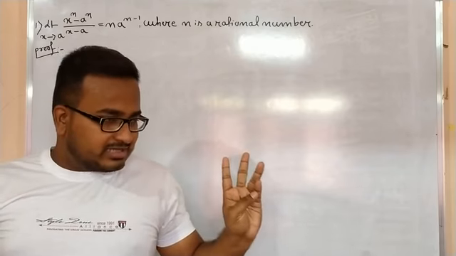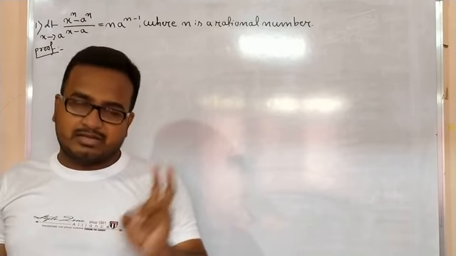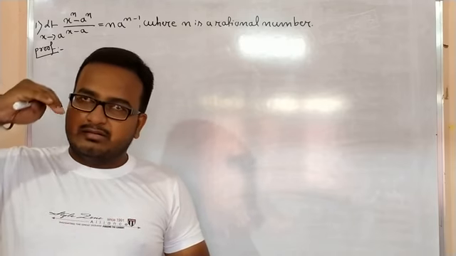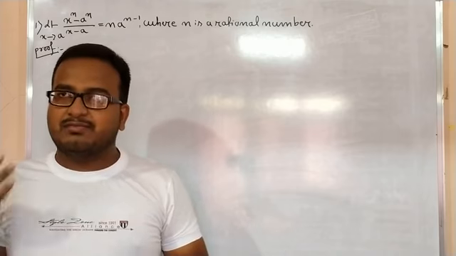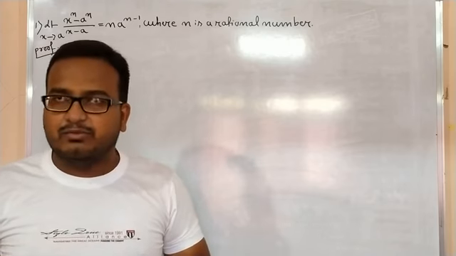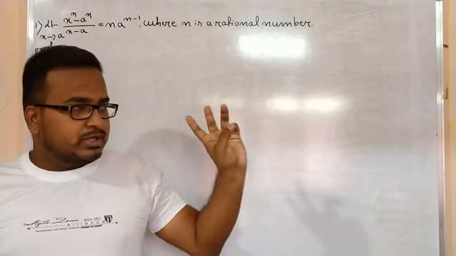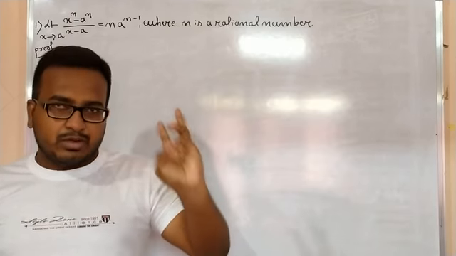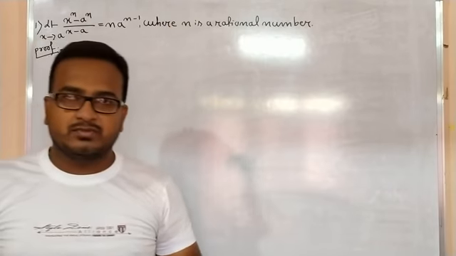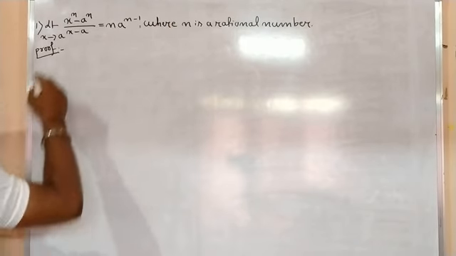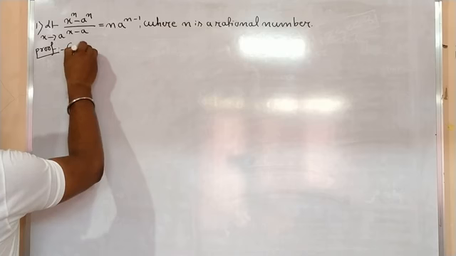And last but not the least, the last case may be a rational fraction. Right, like half, minus 2 by 5, minus 3 by 6, plus 1 by 4, like this. Okay, so we need to consider 4 cases and we have to prove that in each and every case this result is true. Okay, so let me consider the cases one by one. Case 1.